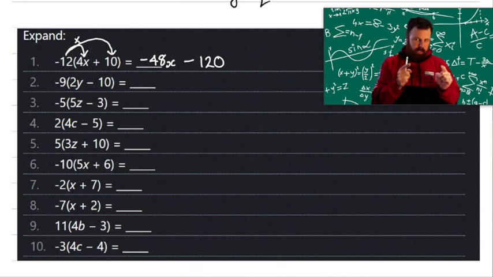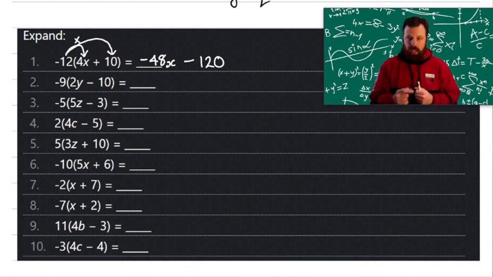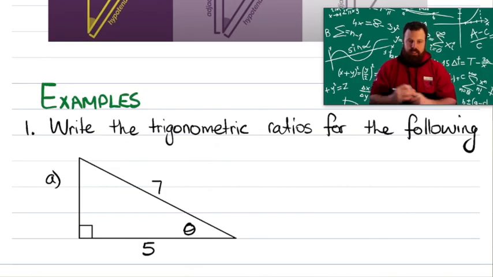We need to multiply everything inside the brackets by the number that's out the front. Have a go, finish off those remaining 9 questions, and as always, the answers for those are at the end of this lesson. The first thing I would like to do here is, the question says, write the trigonometric ratios